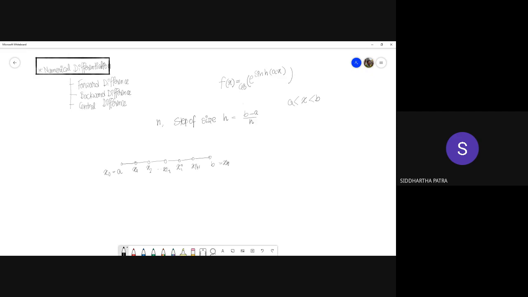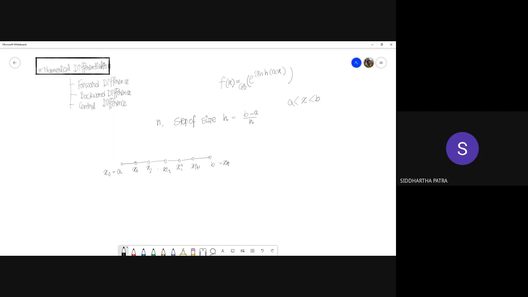They are supposed to be uniformly apart; the gap between them should be uniform. That is not the criterion for using any of these methods, but in order to have the same order of accuracy throughout from a to b, you are supposed to take the same step size. And even before starting the discussion, it is very clear that the tinier the h you take, or the more steps you take, the more accuracy you get.